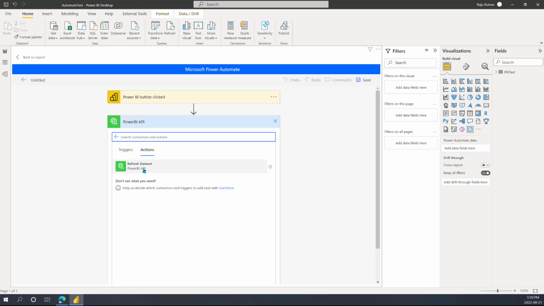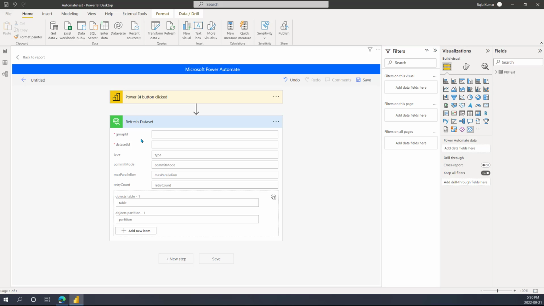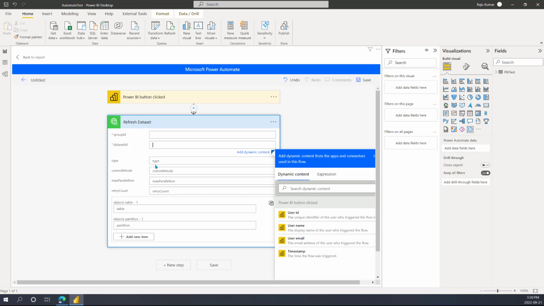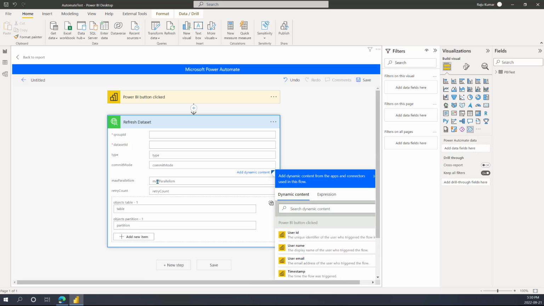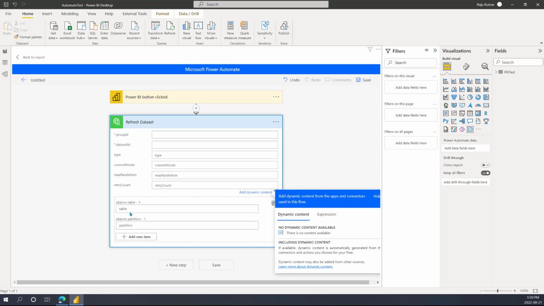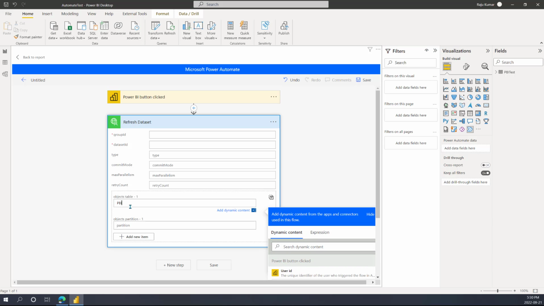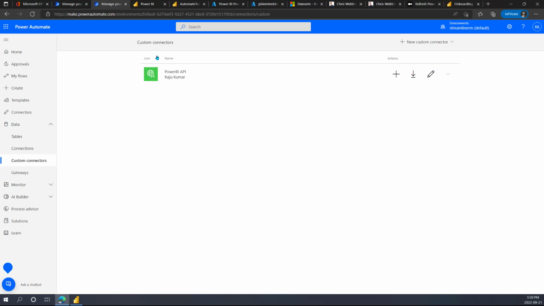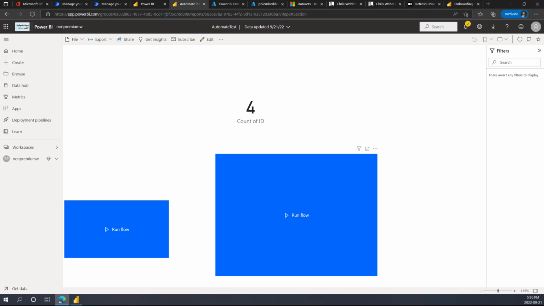And since I only have one method, which is the Power BI refresh dataset, that's why it shows only refresh dataset here. Now, at this time, I have to specify what is the workspace ID, what is the dataset ID, what is the type, what is the commit mode, what is the max parallelism, what is the retry, and then which table do I want to refresh. Like in this specific case, I may want to refresh this table which we see on the right hand side, right? And the group would be, again, if I go to my Power BI service, and if I look at this specific